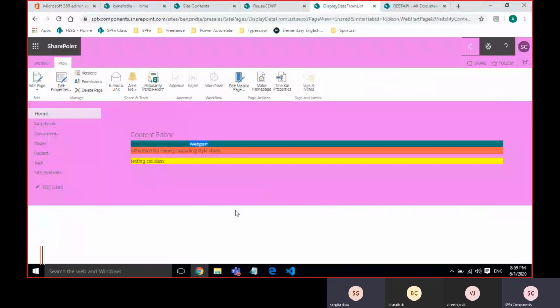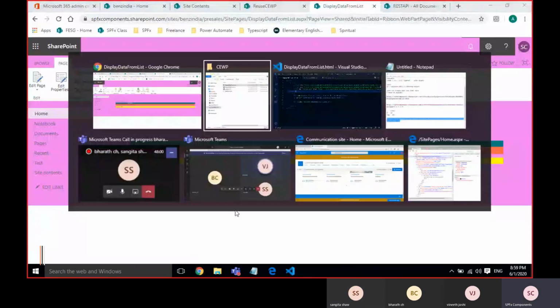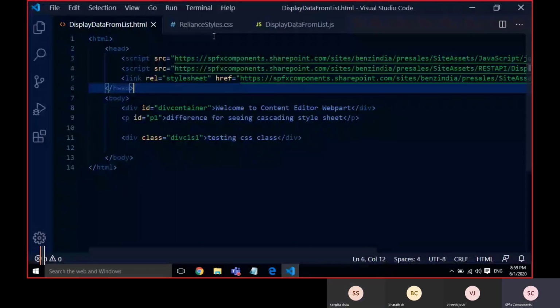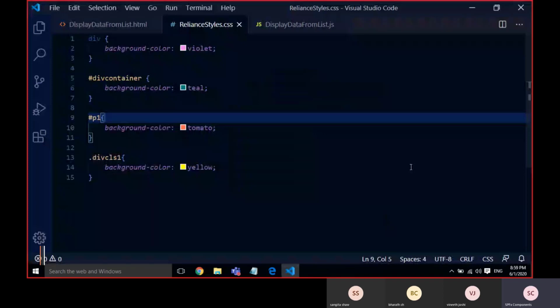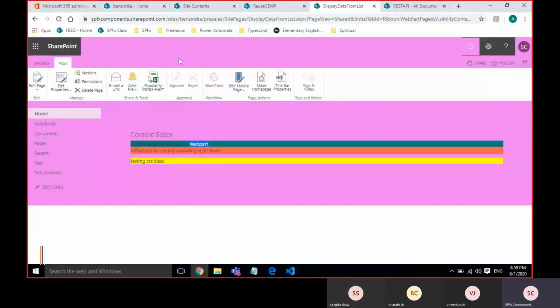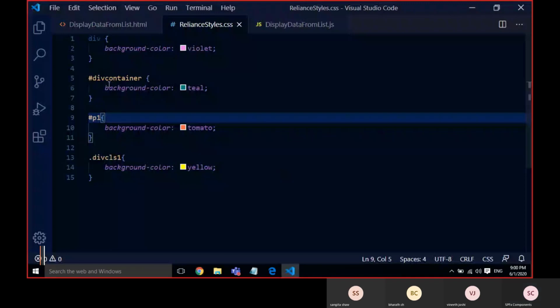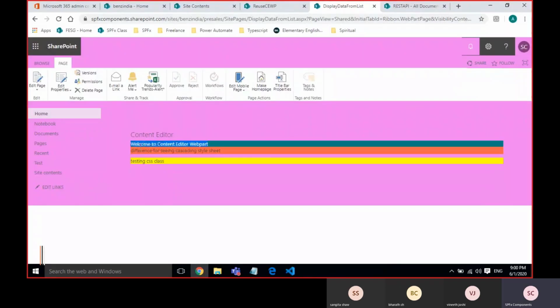So this is the first div. If you observe here, the background color violet, whatever I have applied, is on the entire thing, the divs. I'll explain that div, I'll come back. So the second one is teal color. Only this one, based on this ID, we have applied.